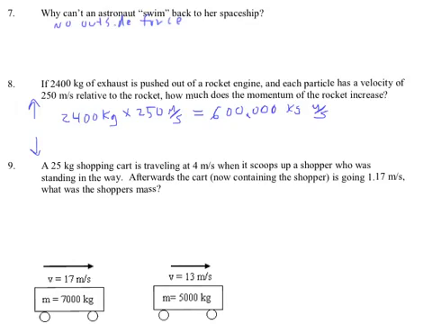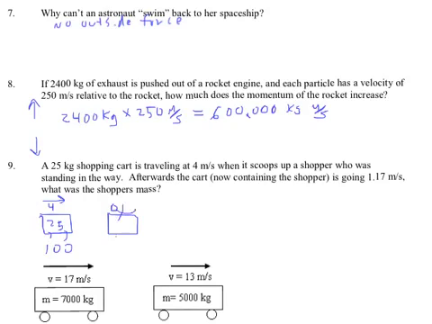A 25 kilogram shopping cart is traveling. Ooh, I like this one here. Okay, so let's just try this one. This one takes a little bit of thinking. So I got a shopping cart, and the shopping cart has a mass of 25, and it has a velocity of 4, which means it has a momentum of 100 momentum units, kilogram meters per second. Now that's before. Now it is going to scoop up a shopper,